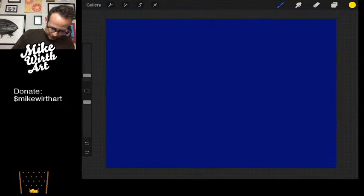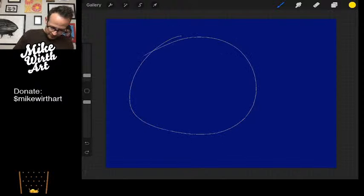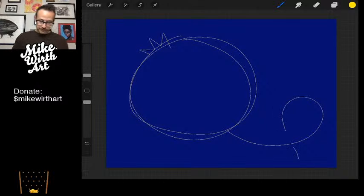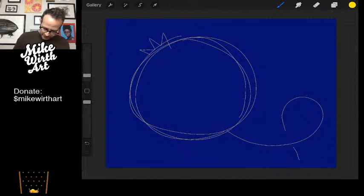All right, so we're gonna do this actually, much bigger pomegranate like this. Okay, and then we'll go like that. We're gonna do something unprecedented here. We're gonna do a little loop to loop with the stem. I just had too much going on. I feel like that extra loop is going to steal from the main composition, just the dominance and the hierarchy of the image. This is much more, we got a boom, that solid shape right here. I really like that. Okay, and then playing with this,